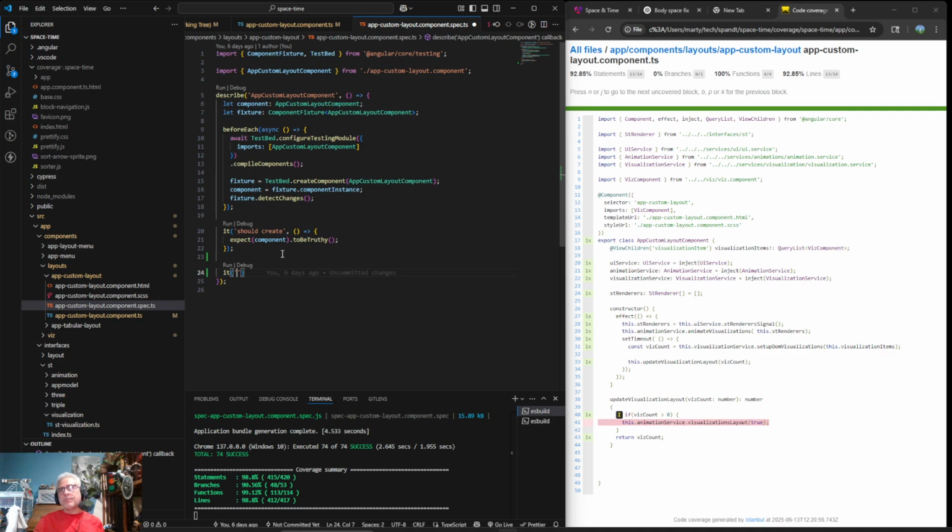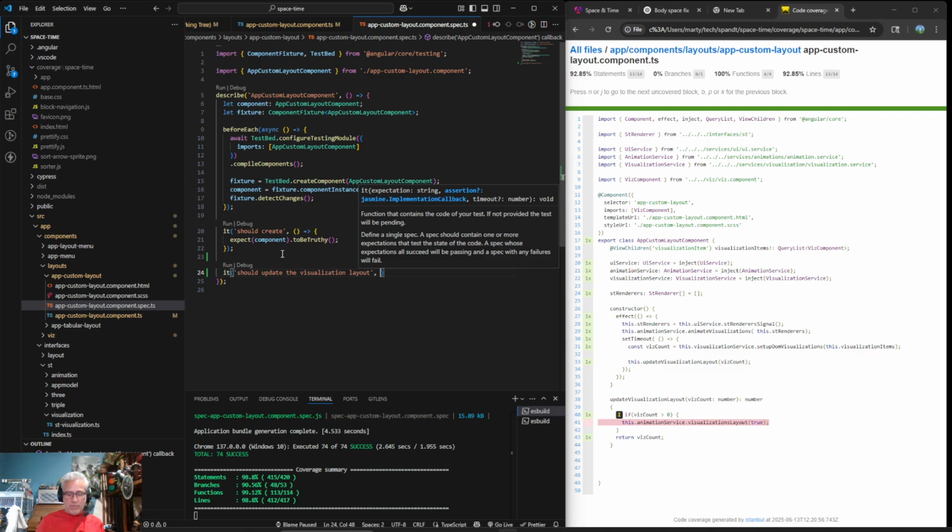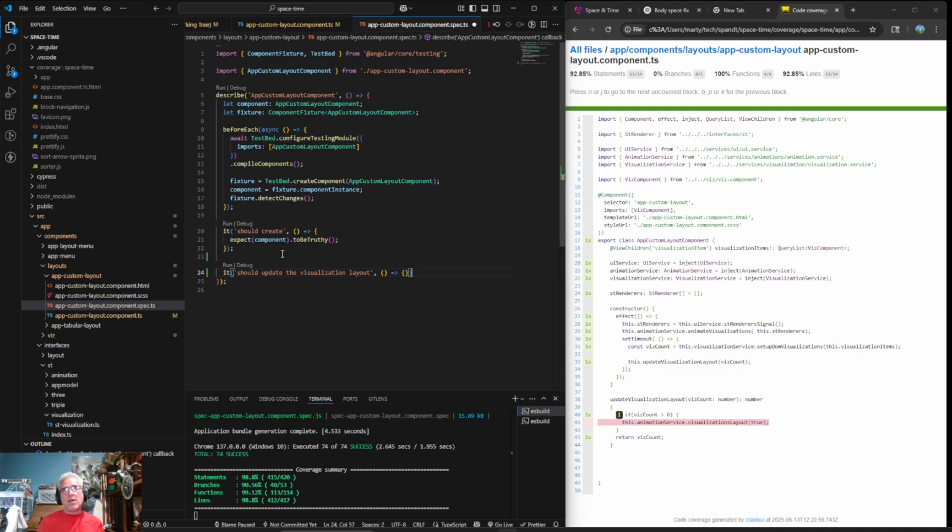But should update the visualization layout. And then, so this is our spec, and the first thing is the assertion string, which describes what the specification or the test is doing.